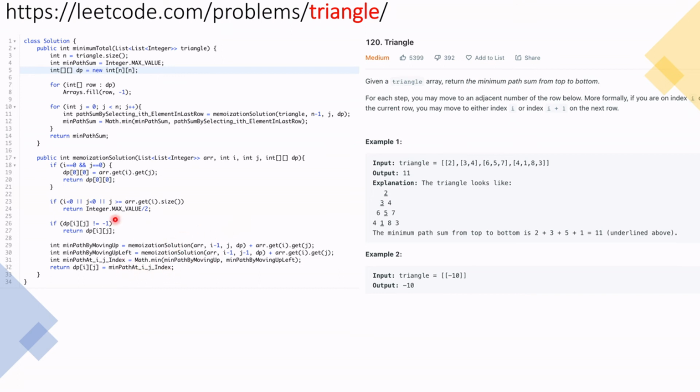Okay, so let's recap again. First, what we have to do is take the triangle. We have to find the size, then we will take the minimum path sum, then we will have dp, then we will initialize all of the dp array with the default value -1, where the dp array is a 2D array, right? So we will move through all rows and fill all the elements, right? In every element we will put that initial value. Then we will